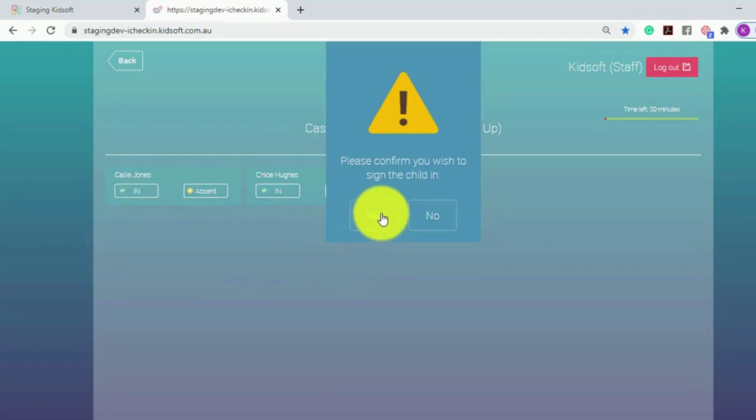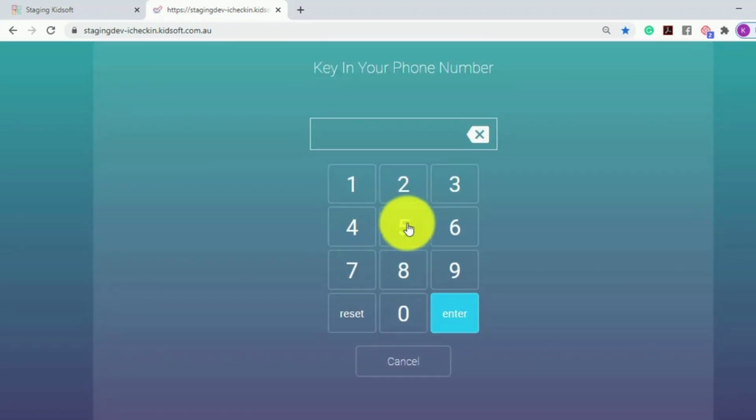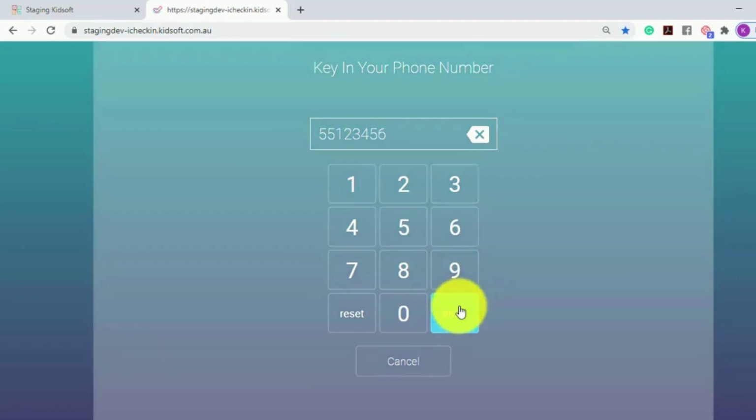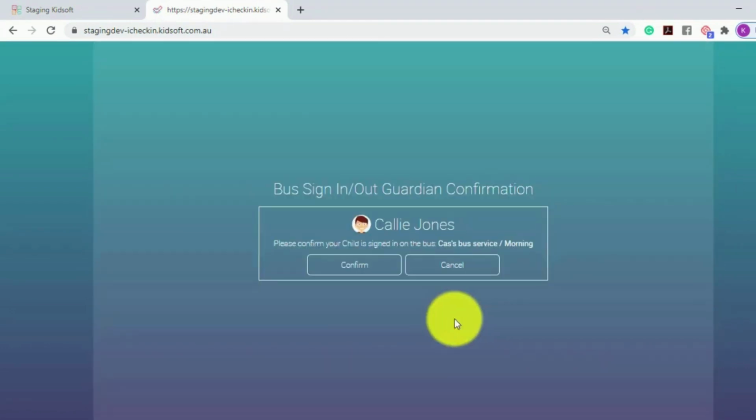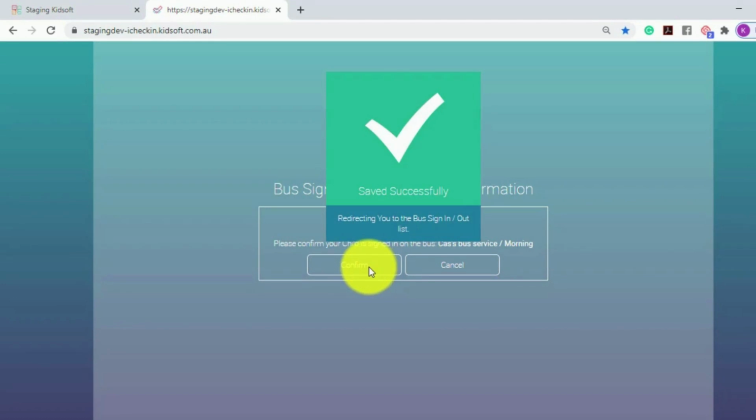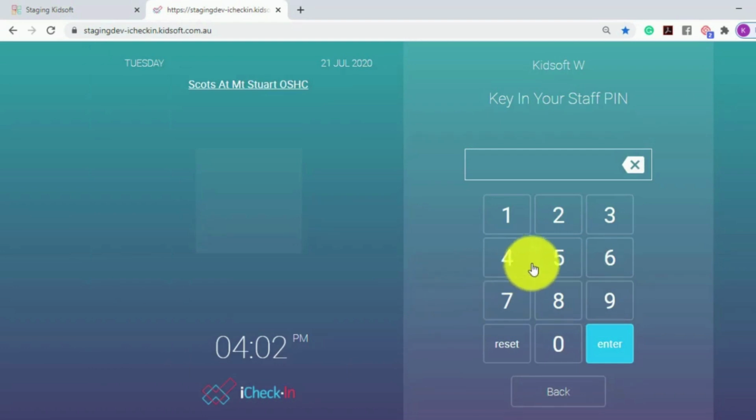The guardian will then confirm that the child is hopping on the bus by entering in their phone number, followed by their PIN number, and they'll be asked to confirm or they can cancel out. This will take the screen back to the staff login, and the staff member will then sign in again using their PIN number,